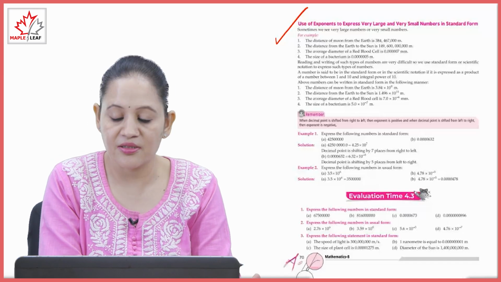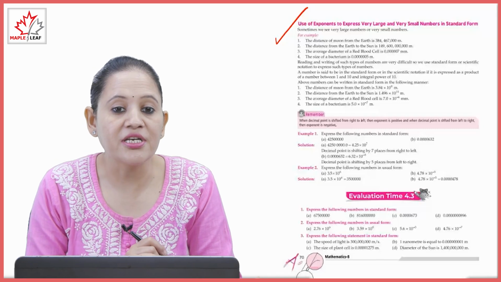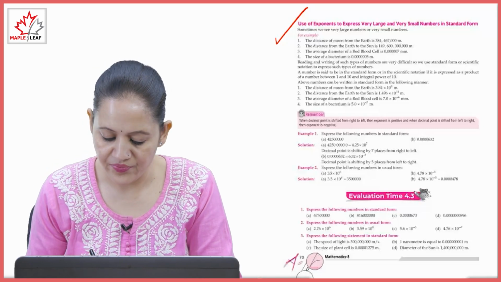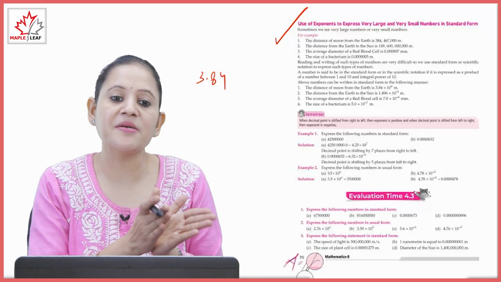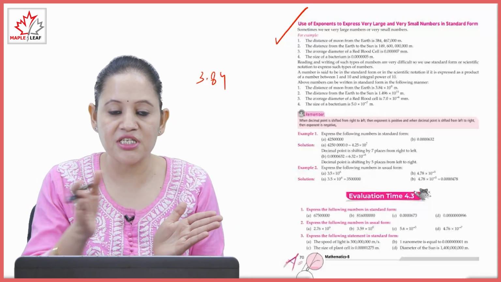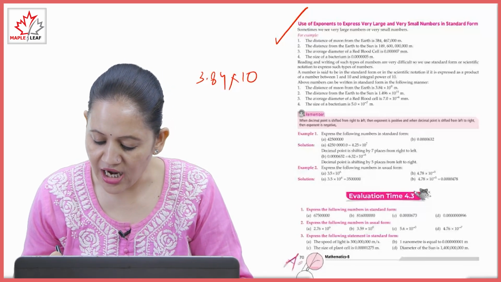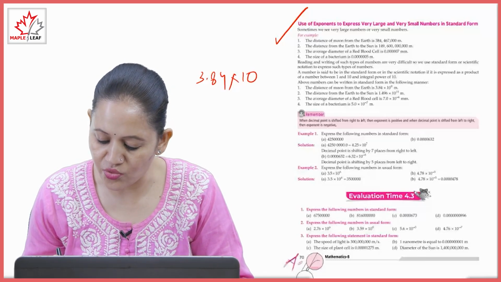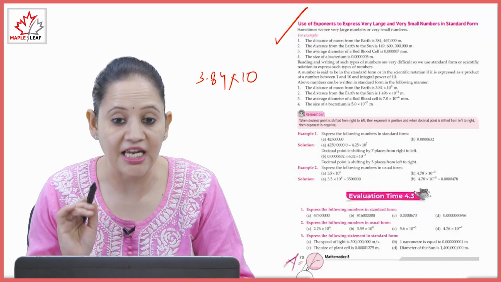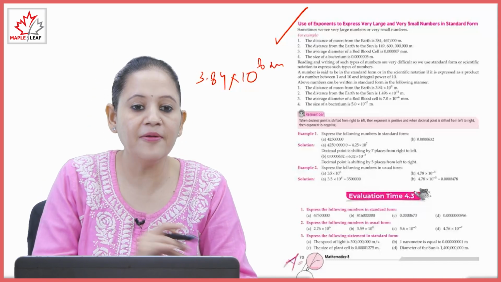The distance of the moon from the earth. इसको हम इस तरीके से लिख सकते हैं 3.84 इंटू, हमने यहाँ पे डेसिमल लगा दिया। डेसिमल से पहले 1 से 10 तक के बीच नंबर होने चाहिए, एक नंबर डेसिमल से पहले होने चाहिए एंड बाकी को हम 10 की पावर में लिखेंगे। सो आफ्टर दैट हाउ मेनी नंबर्स, 1 2 3 4 5 6 7 8 नंबर्स हैं। सो विल राइट इट एज 10⁸ मीटर। क्लियर?